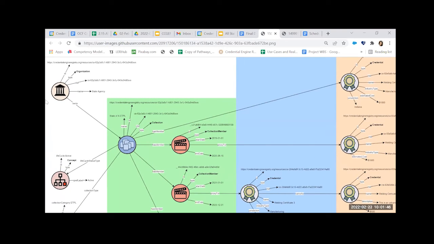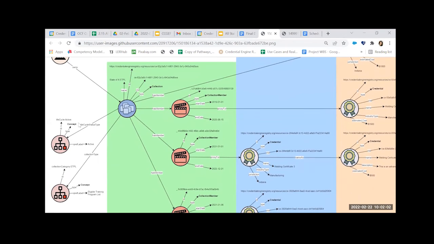So what we see here, in the top left, we'll start over there, is the organization object. And that's the organization in this case that owns the collection. And throughout this example, it's a state ETPL. So we have the state agency in the upper left. It owns the collection, which is that blue circle there in the center left. You can see the connections down in the bottom left to the concepts for lifecycle status type and collection type, indicating that this is an active collection that is an ETPL specifically. Those are the things Jeannie just went over a moment ago.